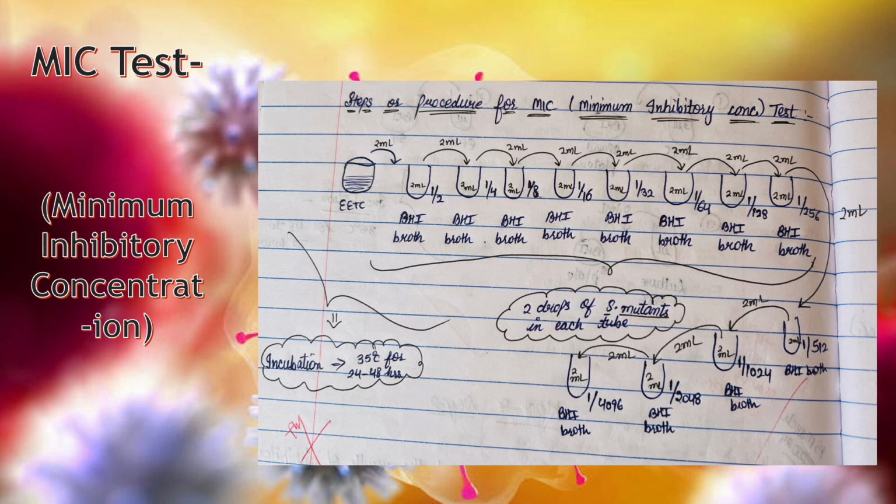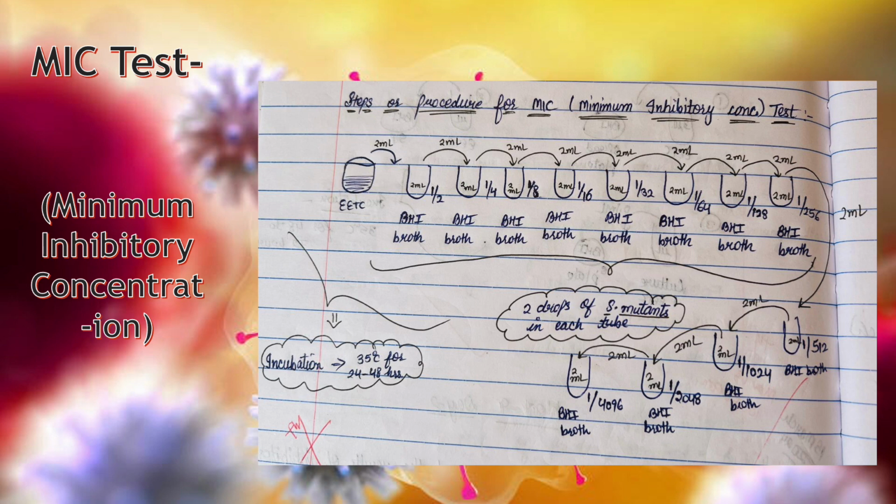In the form of dilutions, we took 2 ml out from each tube, from the first tube till the last 12th tube, to make sure there is the same volume of 2 ml in each tube. At the end, the 2 ml that we take out from the 12th tube is discarded into the